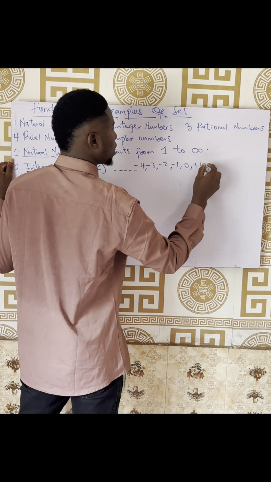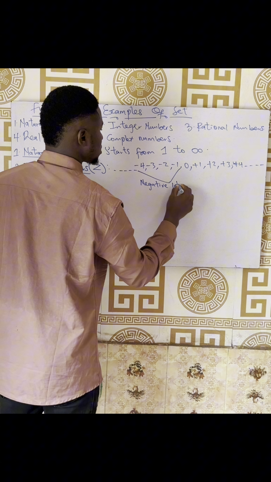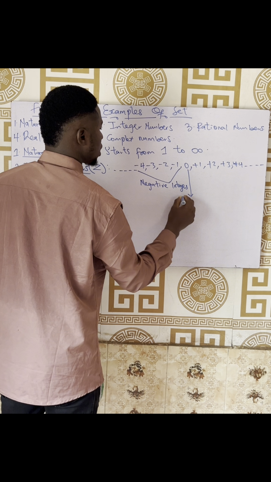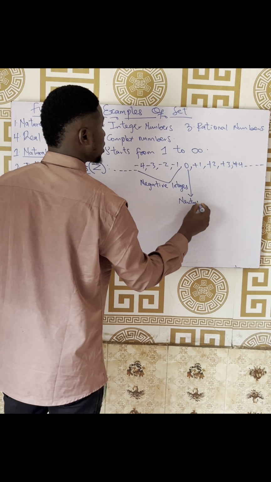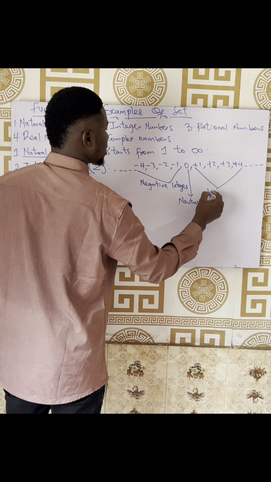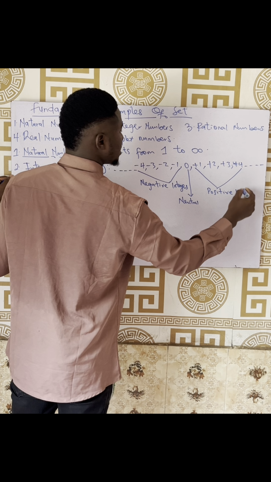This negative side are the ones called the negative integers. We can call 0 the neutral number, but from the positive side, we can refer to them as positive integers